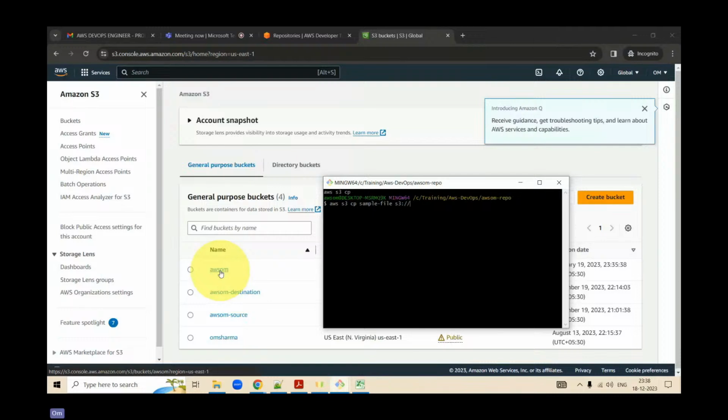And put your bucket name. Let's say put Sharma. Okay, let me put it this way.